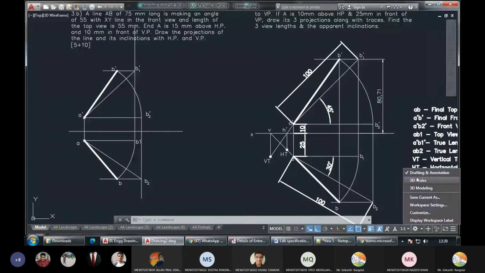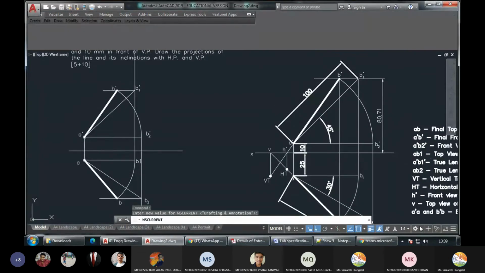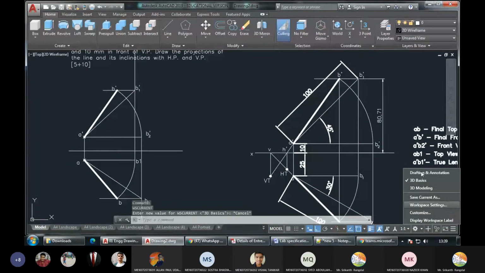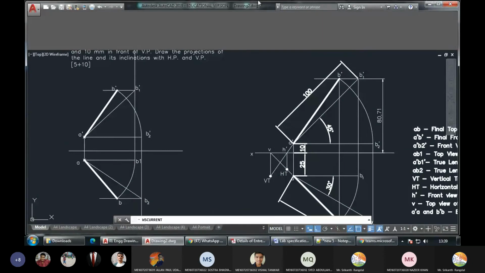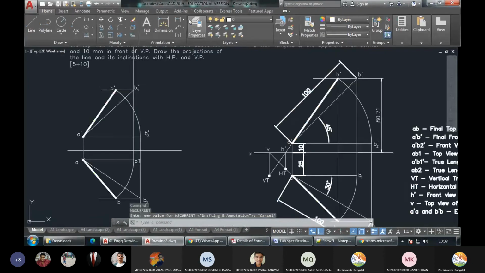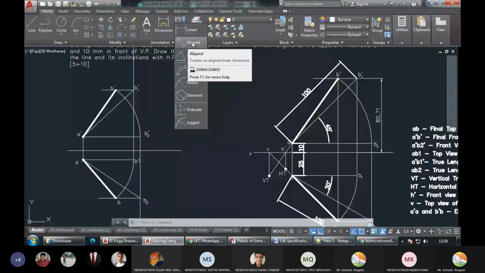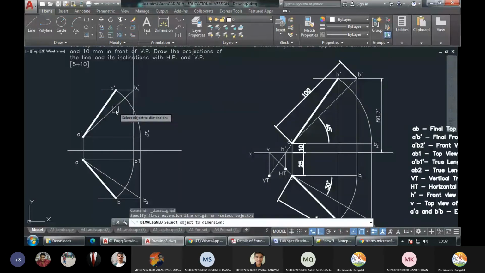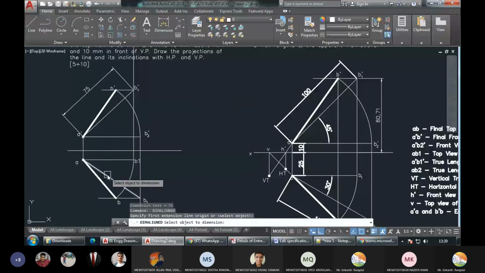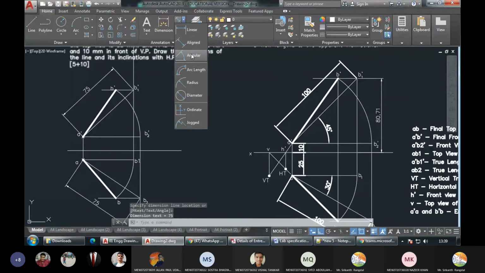Now to give the dimension, go to annotate again. So go to dimensions and start marking the dimensions. So aligned dimension. So this is the true length, mark it. So which angle did we draw here?